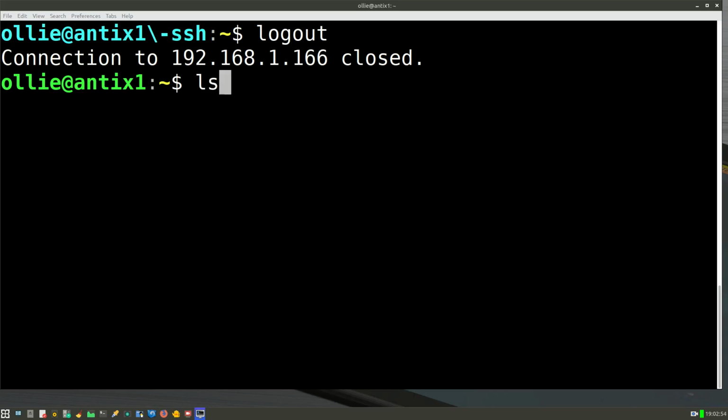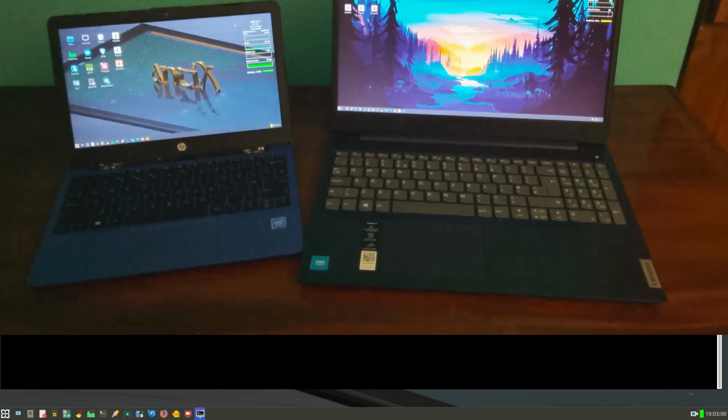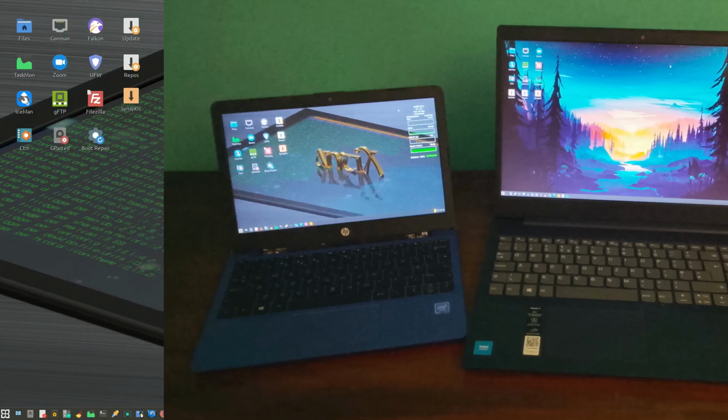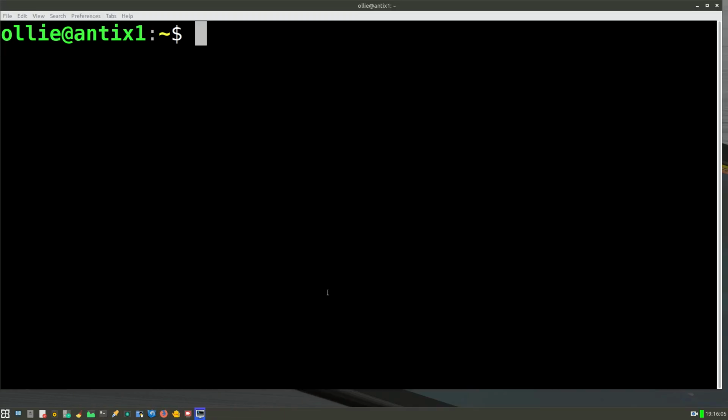Okay, so in the next section I'm going to make some changes which will enable us to log in without using a password. Okay, so let's go back into the terminal. Now we're going to remove the need to enter a password. What we're going to do actually is encrypt the password using a public-private key pair. So in order to do that, we just have to type in ssh-keygen